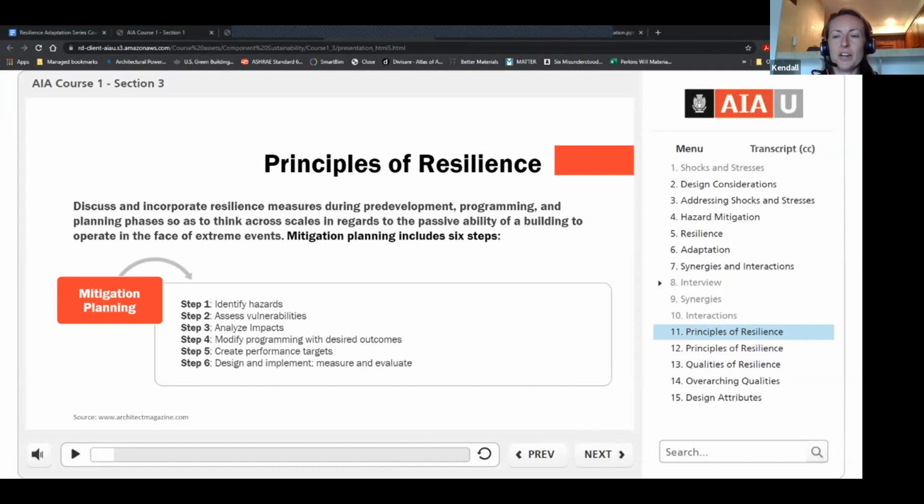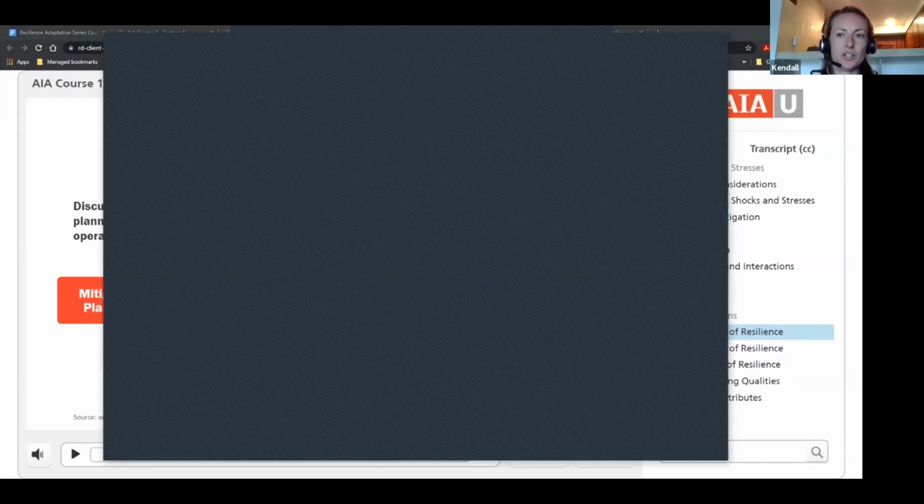I'm going to stop there and just show you all where you can find more information related to AIA's Resilience and Adaptation Initiative. If you go to AIA.org/resilience initiative, you can find several